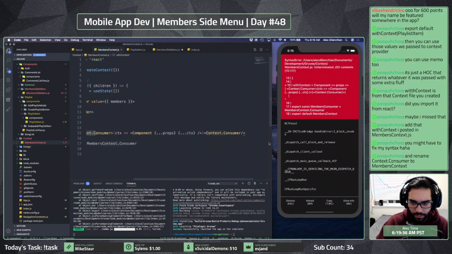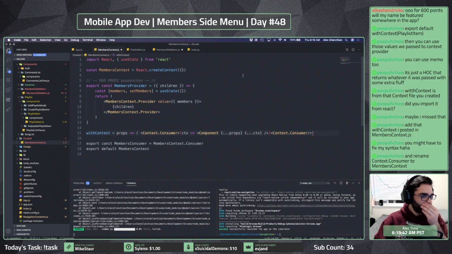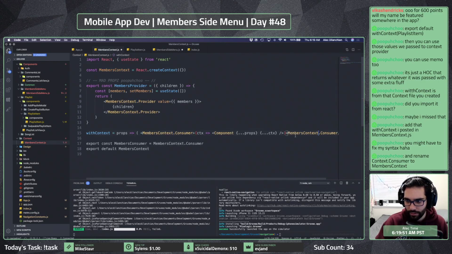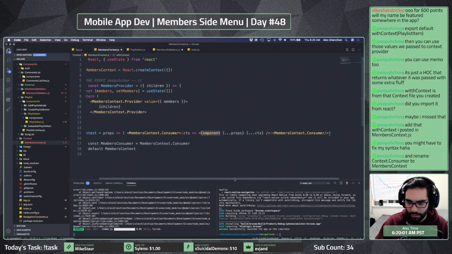That was good. Let me break this up a little bit. Yeah, right. So it'd be this, context. Oh, returns a component with props and values.